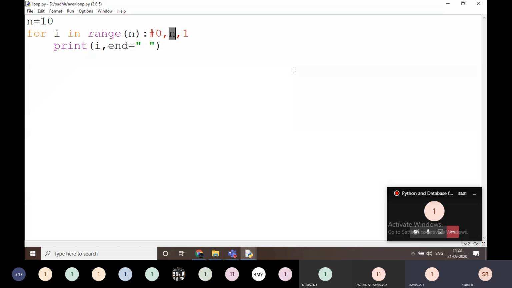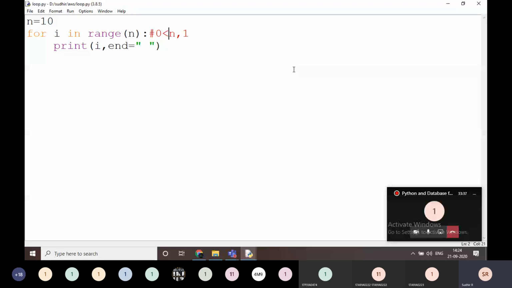But here it is going to work with the less than symbol. Why? Because 1 is positive. Is it a negative or positive value? 1 is positive, right? If it is positive, the relation between the initial value and the final value is less than. 0 is less than n. Is it true or not, students? True, sir. Yes, only then it will run. There is no equal to here.